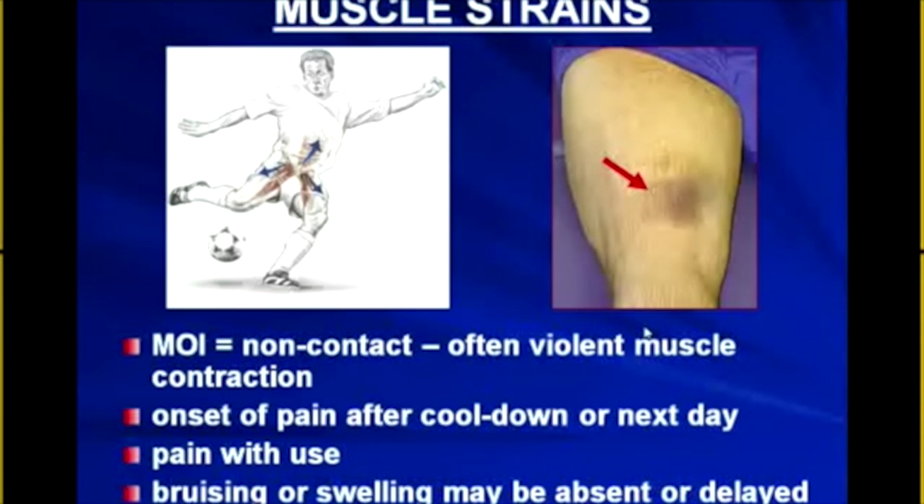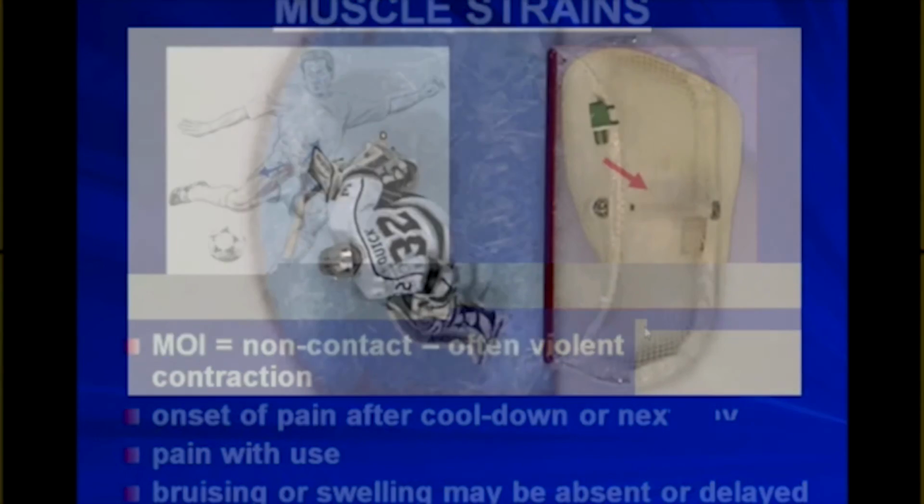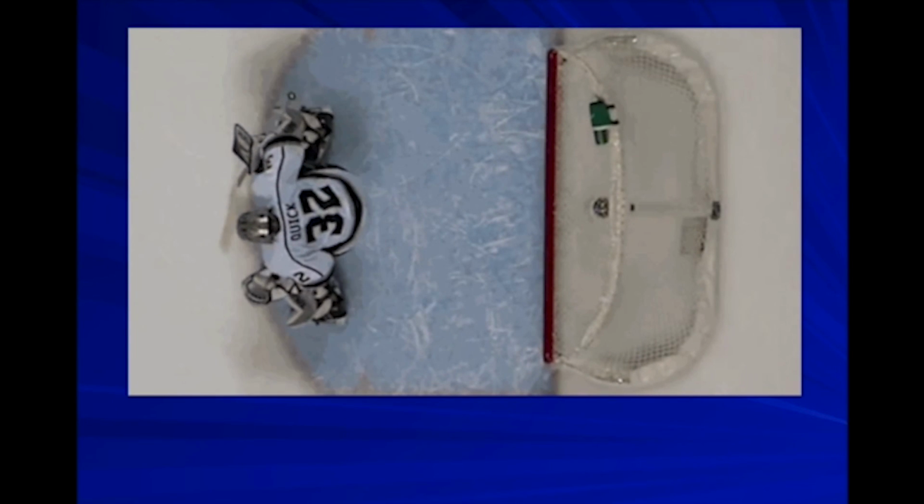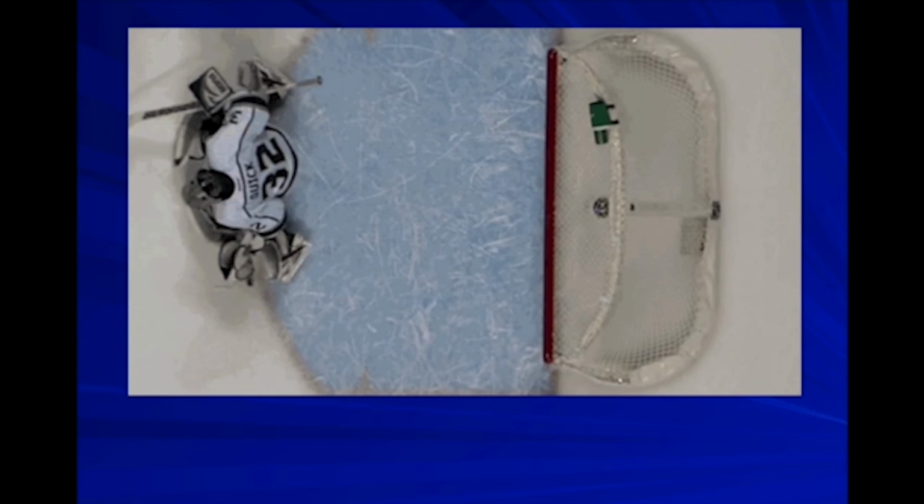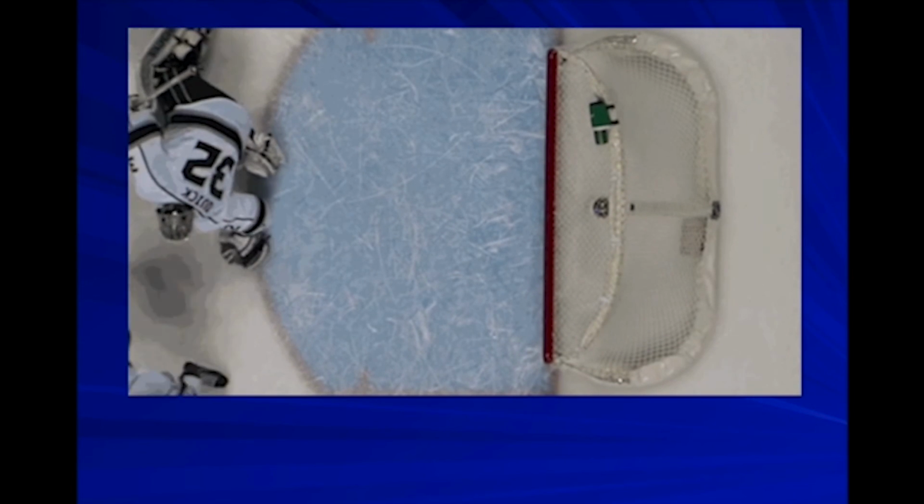So this was a muscle strain, a hamstring strain, that was actually a week later. With goalies, we tend to think of muscle strains as a stretch, and we think of goalies doing the splits as